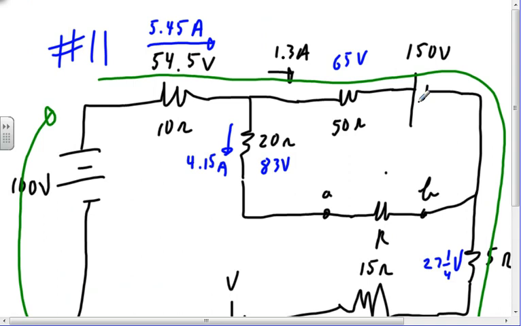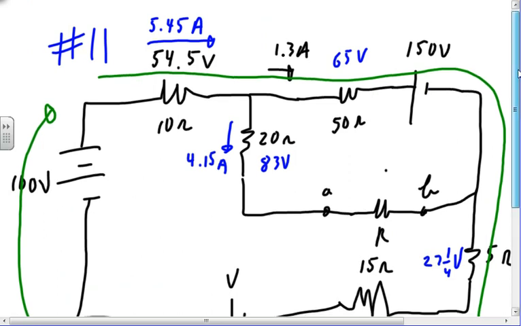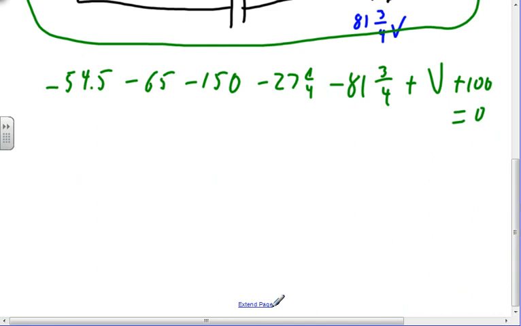Okay. All right. I see the thing that warms our heart most in mathematics, one equation, one unknown. So I'm going to keep the V on this side of the equation and put all the numbers on the other side. Everything that's positive will become negative, everything that's negative will become positive, and I will put down what V is. V is equal to something. So that's my plan. I'm going to go minus 100, because that's the only positive guy, the 100 guy. And then I'm going to go positive